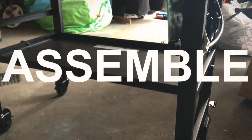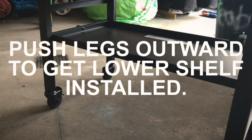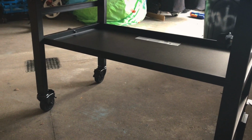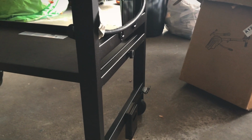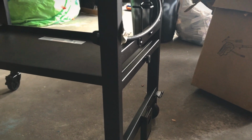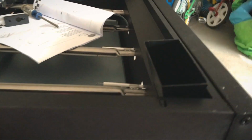Alright, so to get this bottom shelf put in, I actually had to push a good bit on these legs to push out. So it's a little bit snug, which is good because you do want it to be stable, but it did take a good bit of pressure to make sure that it was in there. And then screwing in these end caps, obviously, to cinch them down. Next portion is going to be loosening up these just slightly so we can then put on our end caps